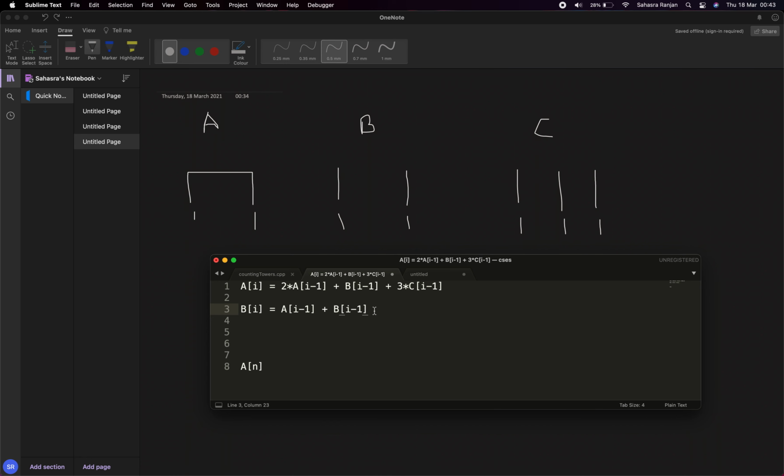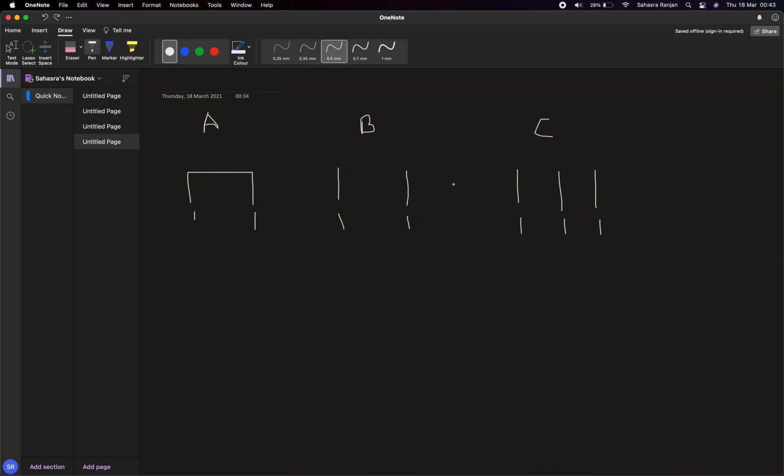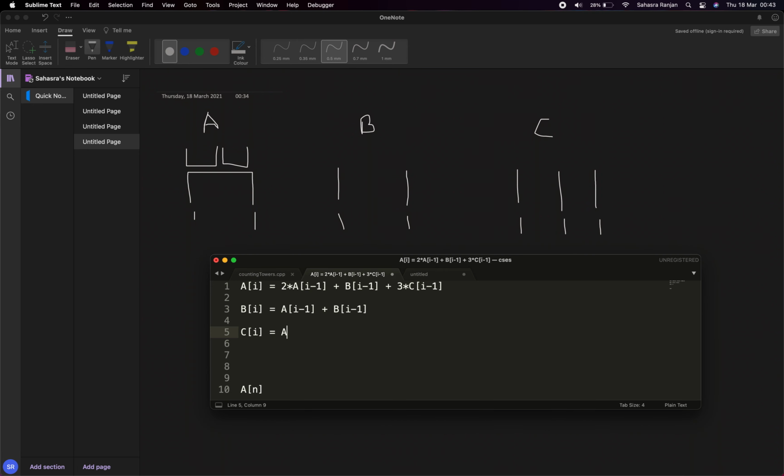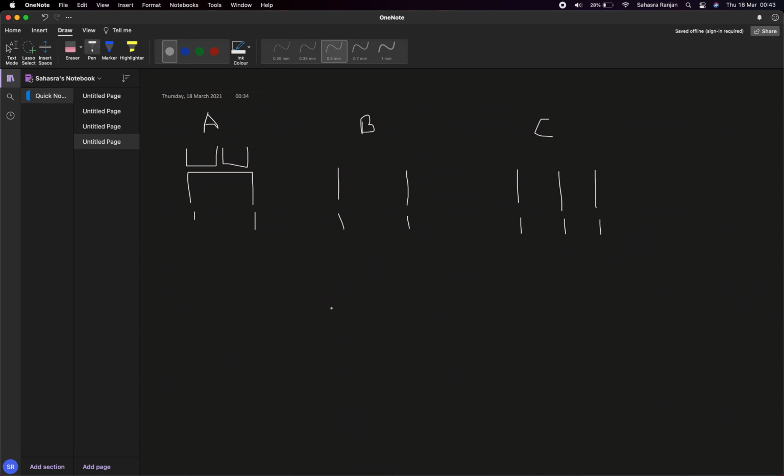Okay, we got the recursion for B, and now the C. For C you have A. Suppose you use A to get this. This is absolutely possible. So C of i will be A of i minus 1 plus, for B, you will have to close this. This will be counted in A already, so we don't have to do this. So B won't be there. And for C we can just extend it here like this.